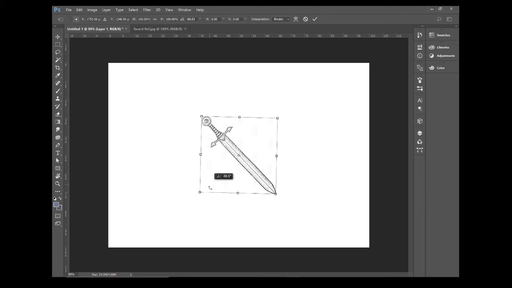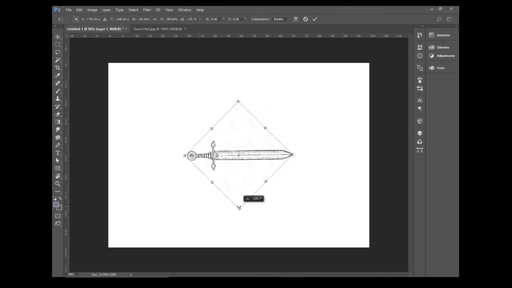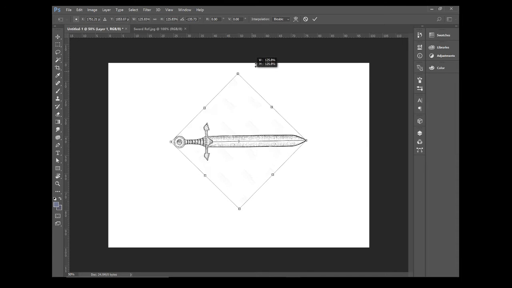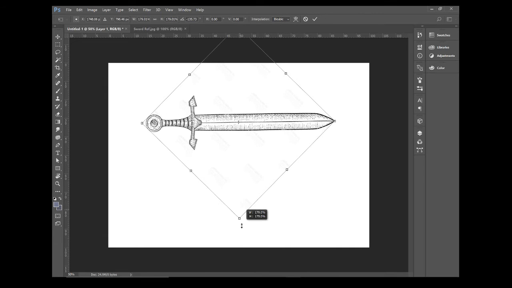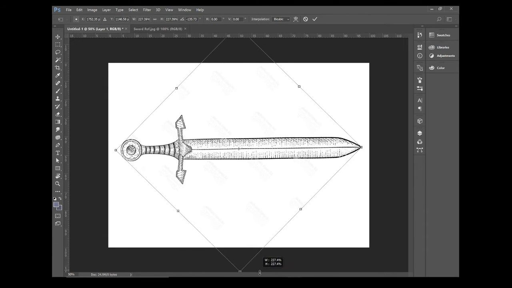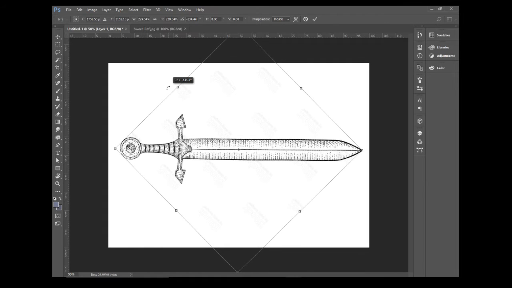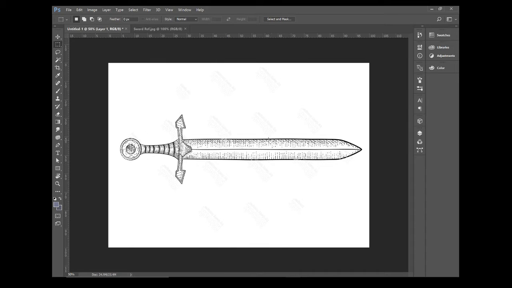Now in Maya I always work this way, so I always work to the right. That's just how I work. It's not like you have to, but it's just how I do it. And I need to scale this up and make it larger. I want to try and make it as large as possible, so when I import it into Maya, it will be as detailed as possible. Okay, hit enter, and there we have it. So I've saved my